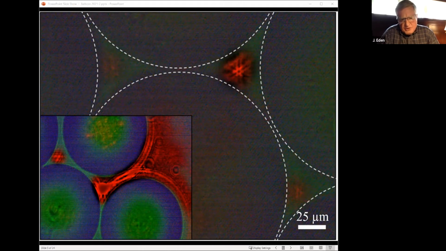Now at lower left is another image at lower magnification showing the appearance of these modes by the red light. Notice at the intersection of three of the spheres, the microspheres, there is a mode that's being produced that looks a lot like a crab. And then further to the left, you see that there is a mode that is forming. Now, fractals are really interesting.